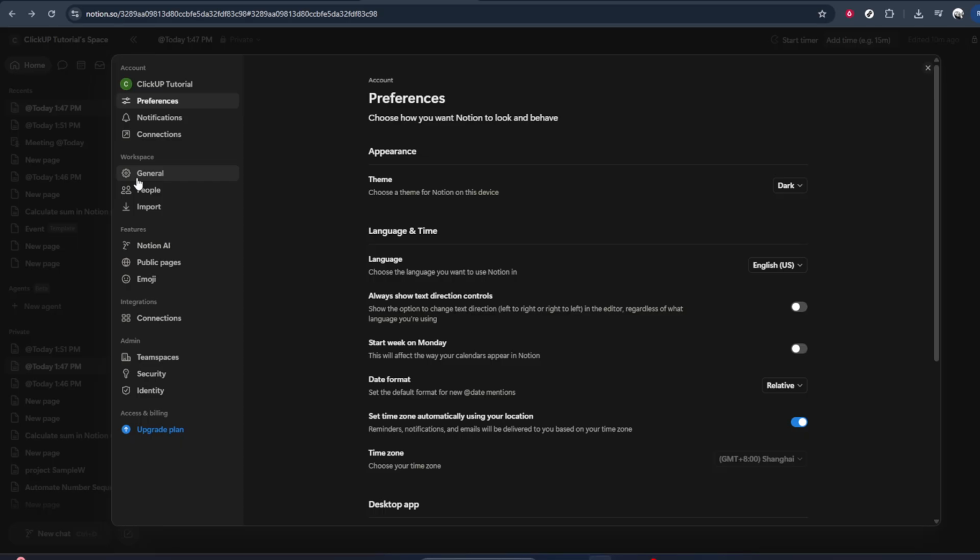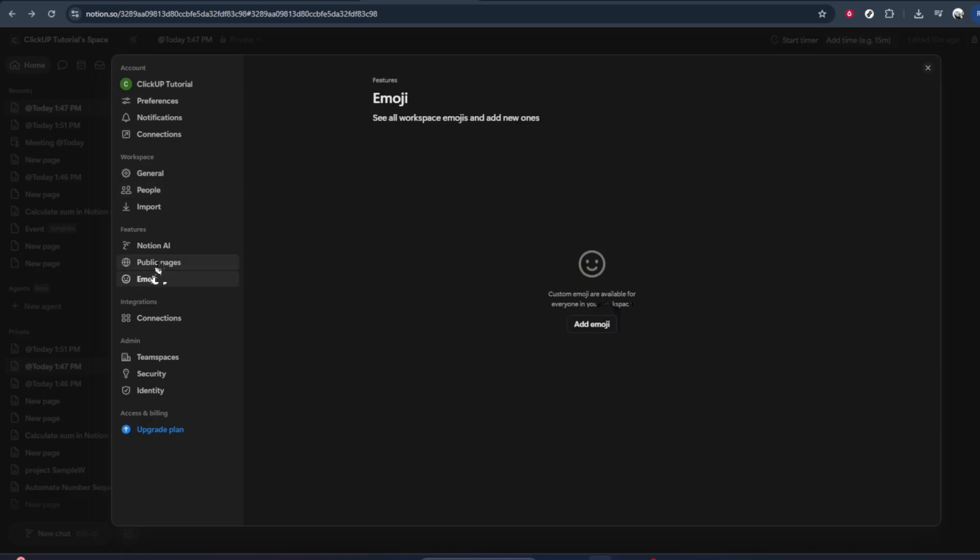Go ahead and click on that profile name. This is your entry point to all of your account and workspace settings. When you click it, a menu or panel will open. From here, you want to head into your main settings. Look for the option labeled Settings or Settings and Members, depending on the version of Notion you're using. Click on that. This will open a new window or sidebar that contains all of the configuration options for your